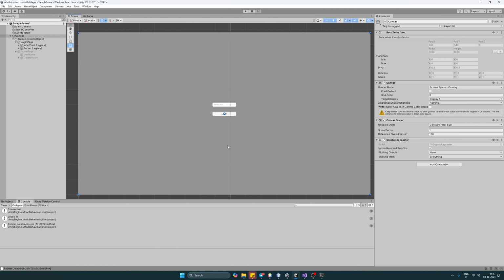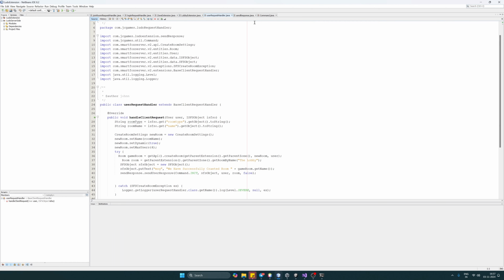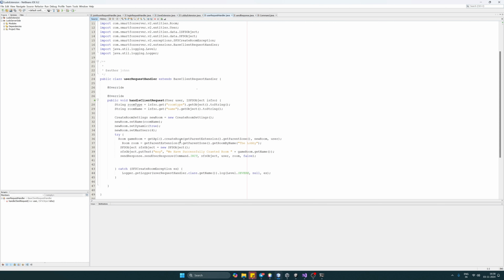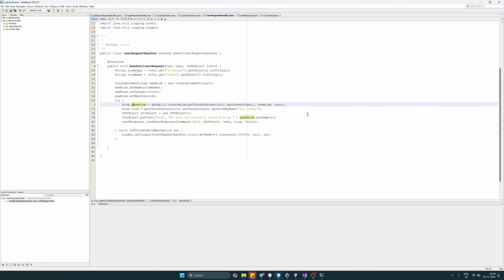As of now, done. Whenever we try to create a room, in our Java extension tab it is sending a response, user response. Yes, create a room. So we are just creating the lobby successfully, which means we are creating one room, but that is not exactly what is going to happen. Just creating a room is not sufficient,